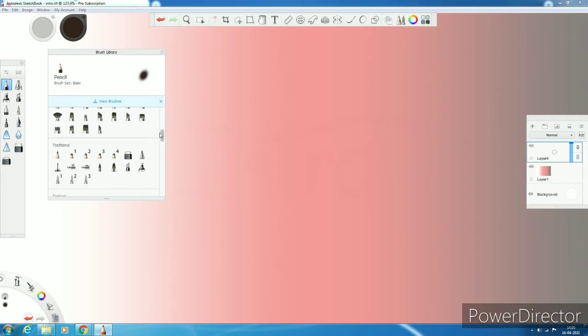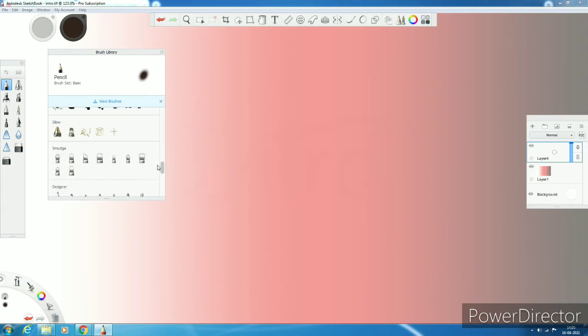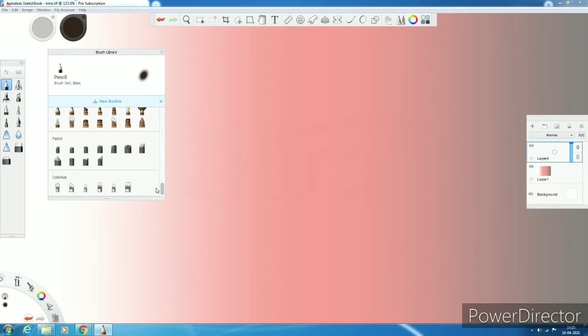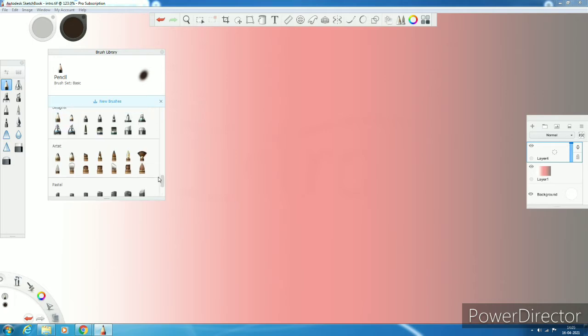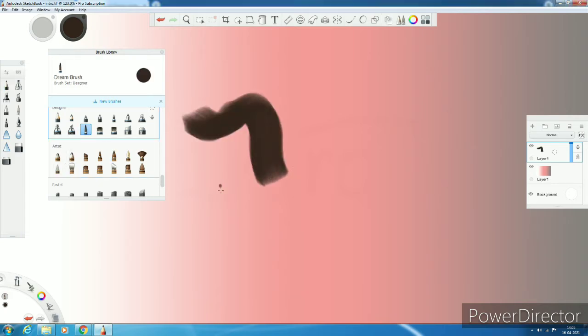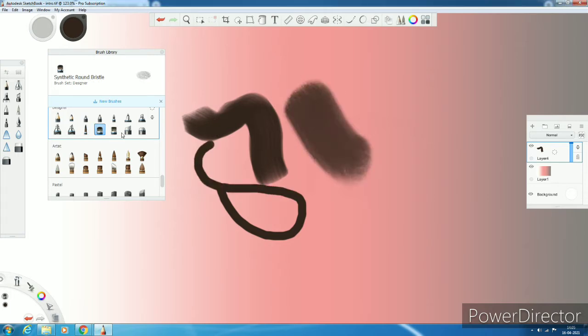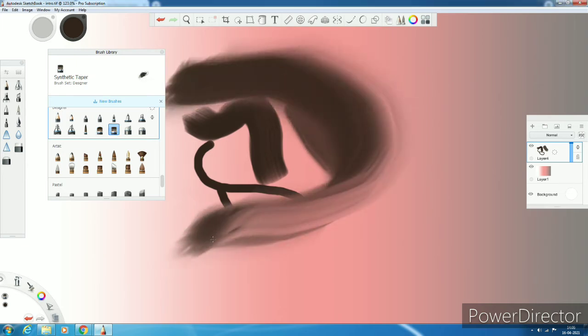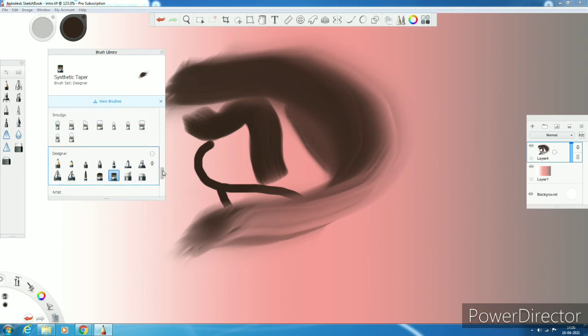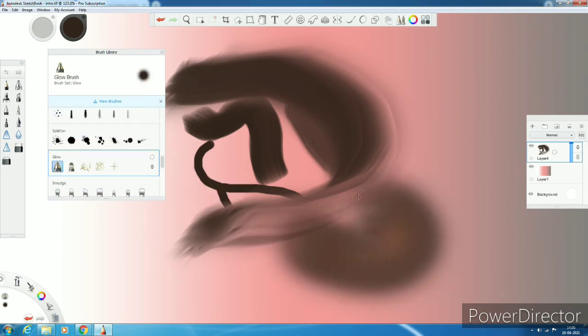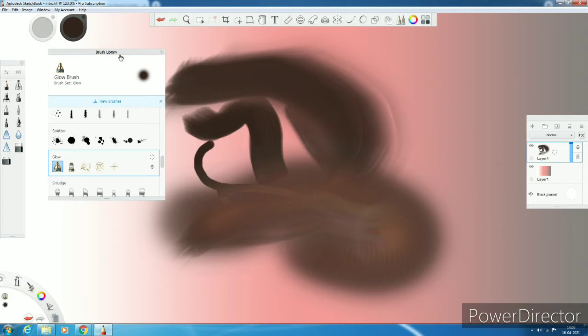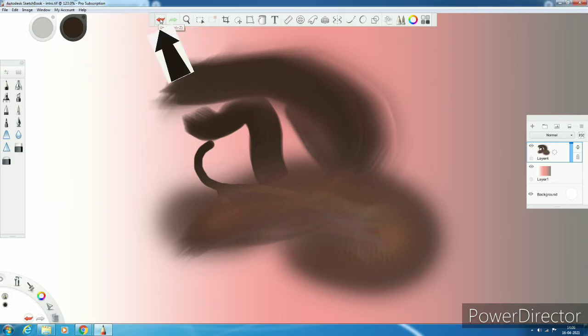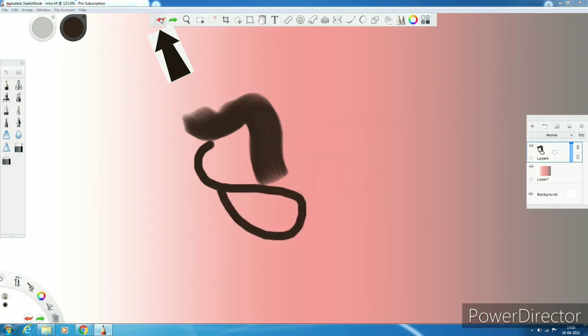In the brush library you will find all the tools like pencil, eraser, texture, brushes, smudge, pastel, etc. Whatever you need, each and every brush is unique. You should simply find the one you are comfortable with. There are also shapes, splatter, glow and Copic available in this. You can undo the drawings which you have done through this tool.